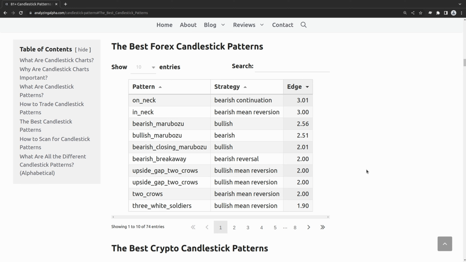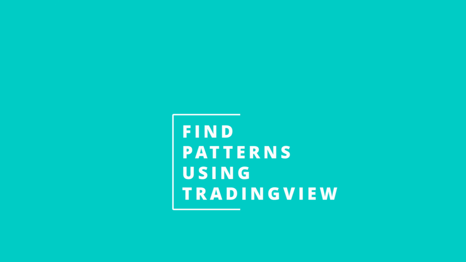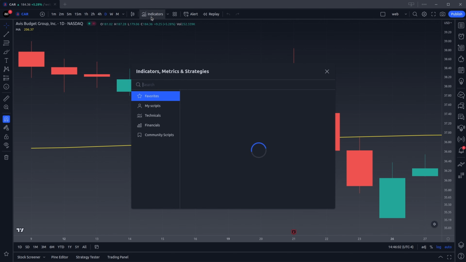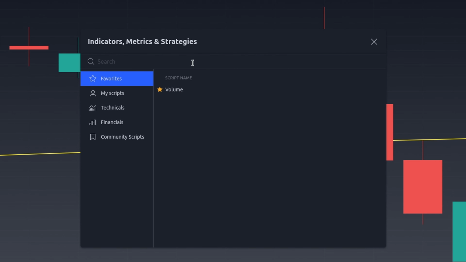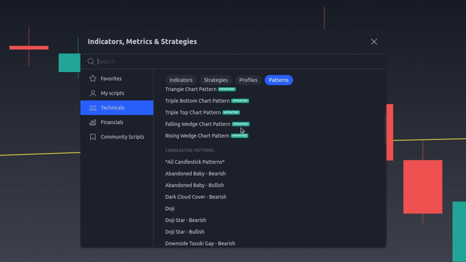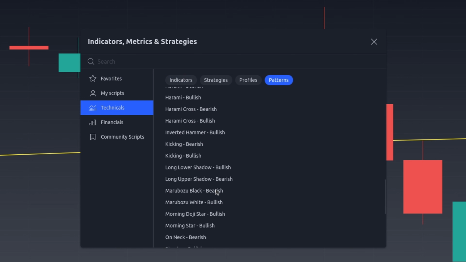And if you have any questions on any of it, feel free to leave them in the comments below. And now that you're empowered to identify the very best patterns for your market, the final question is, how do you identify these things quickly and painlessly? And this might be the easiest part of the entire video. Let's head back to TradingView. We'll go up to indicators. And remember, we've been looking at the 3 black crows. We'll go to technicals and then patterns. We'll scroll down to candlestick patterns. And now we're looking for 3 black crows,